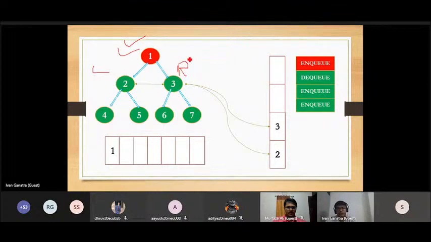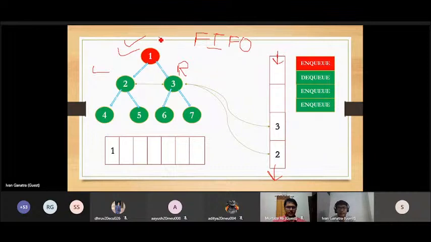के अंदर आपको ये प्रॉपर्टी पता है कि फर्स्ट इन फर्स्ट आउट ऑपरेशन होता है। सो फर्स्ट इन फर्स्ट आउट में ये होता है कि जो सबसे पहले नोड आएगा वही सबसे पहले प्रिंट होगा और उसके बाद ही उसके चाइल्ड नोड्स प्रिंट होंगे। सो फर्स्ट इन फर्स्ट आउट में हम देखेंगे कि हमको क्योंकि 2 सबसे पहले प्रिंट करवाना है उसके बाद 3 को प्रिंट करवाना है, इसलिए हम सबसे पहले 2 को क्यू के अंदर डालेंगे और 2 ही सबसे पहले क्यू के बाहर आएगा, राइट।